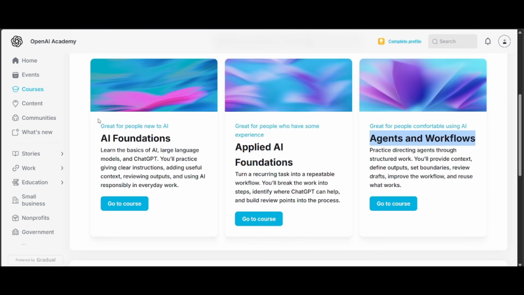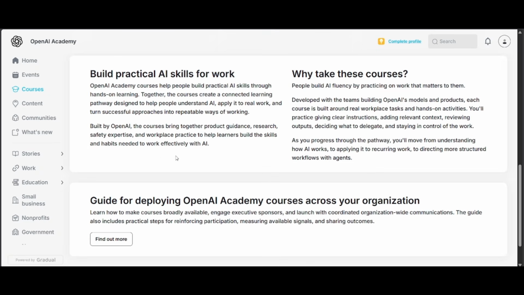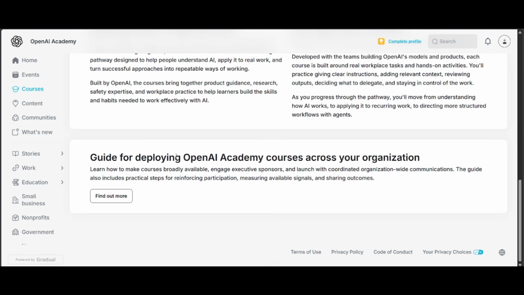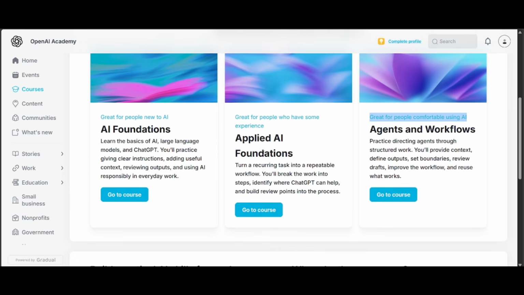So even you can see that this is great for people new to AI. This is for people who have some experience in AI, and this is for people who are comfortable using AI. So basically, if you have an idea about AI, you can go with applied foundation and other things. But if you have no idea about AI and if you want to learn from basics, you can go with the first course. Let's click on go to course,